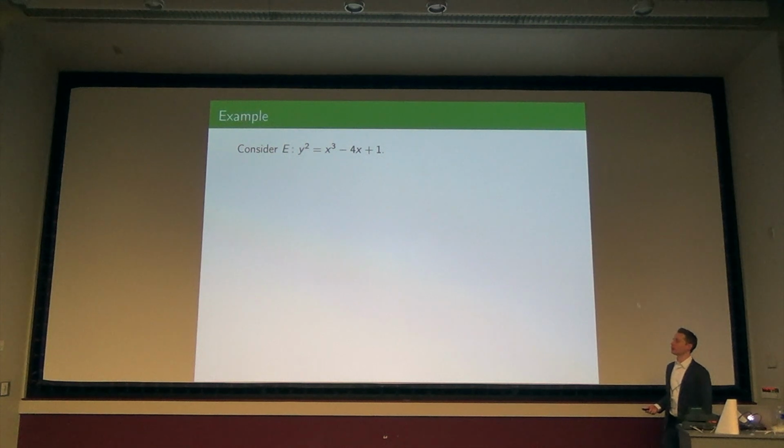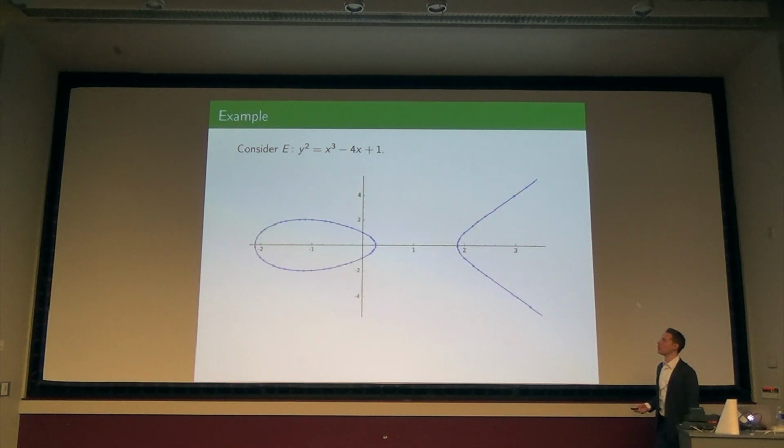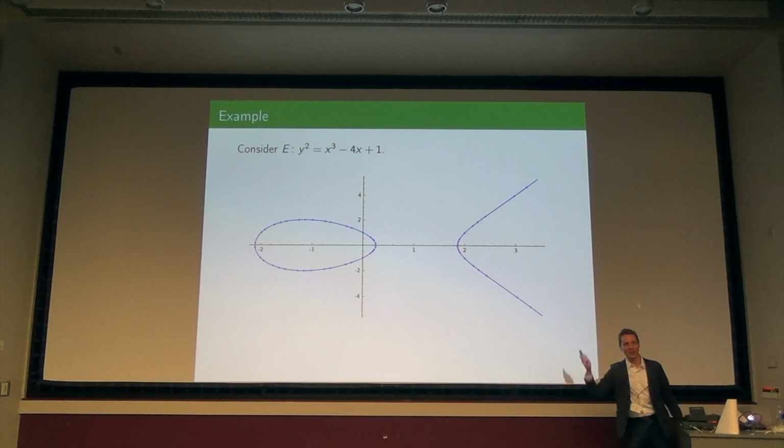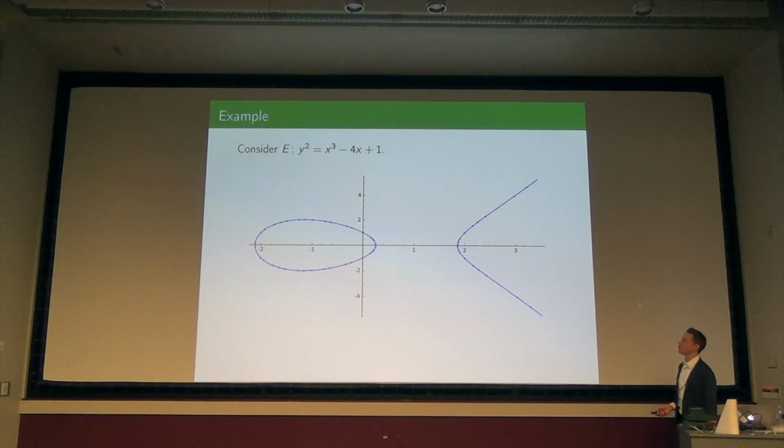I just want to show you an example in case I was talking too much abstraction. Here is the Quanta curve that I contributed. This is the equation for that curve that they didn't want to put on the Quanta article because I guess you lose readers when you put equations. But I gain you because I've shown you the equation, right? Okay. So this is what a typical elliptic curve looks like.